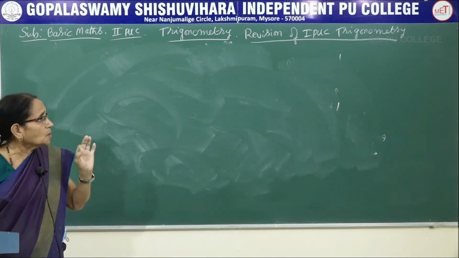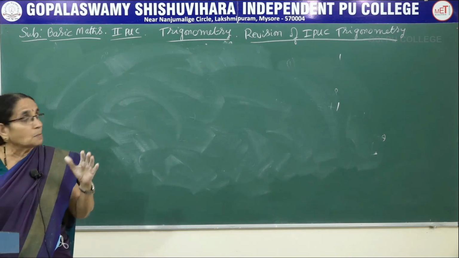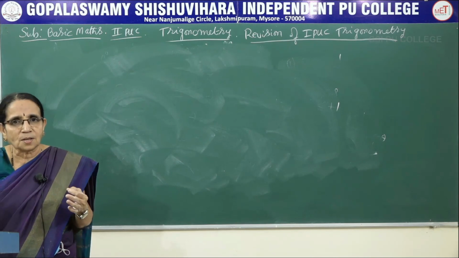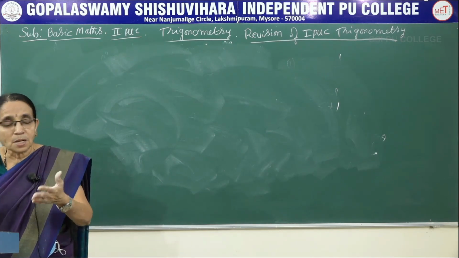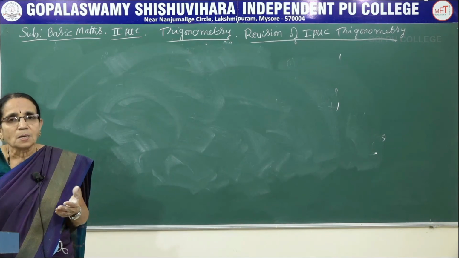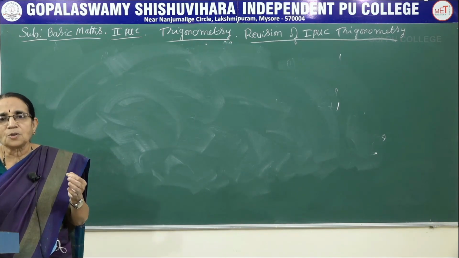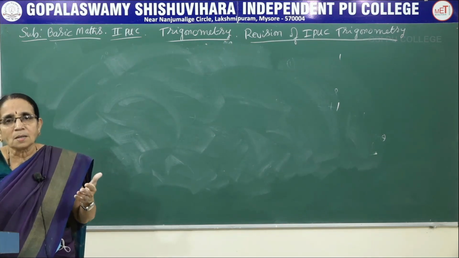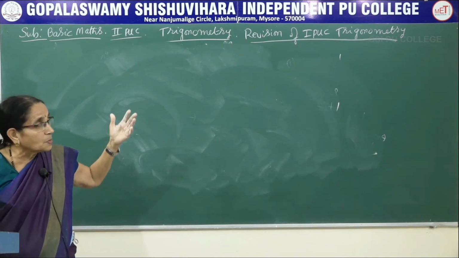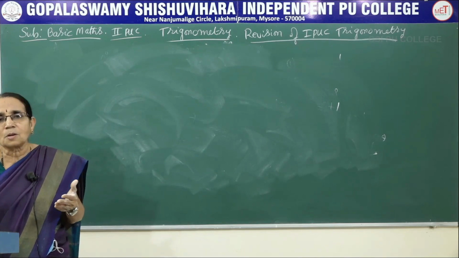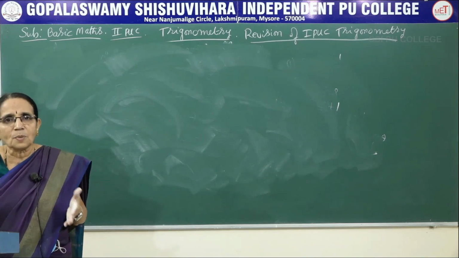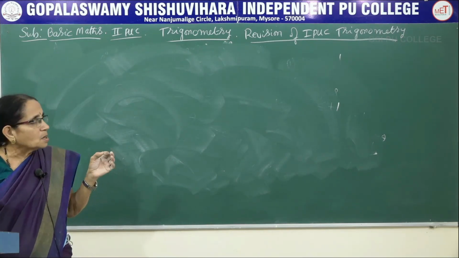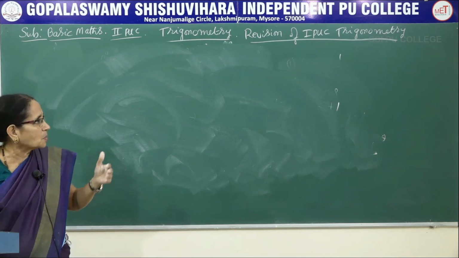Now in the branch of trigonometry, there are two chapters. One is about heights and distances. Actually, when the branch of trigonometry was developed, the main idea was to measure the distance between two ships or the height of a tower or a building. That was the main purpose of developing trigonometry. But now trigonometry has applications not only in other branches of mathematics, but also in other branches of science. The applications are important.